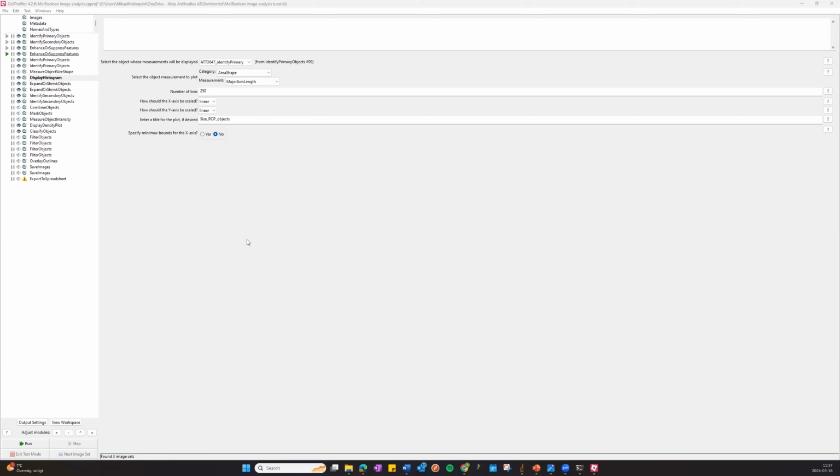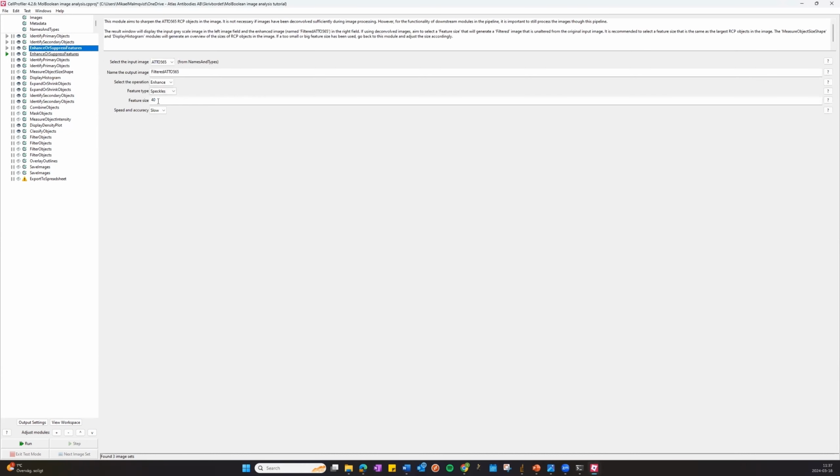Now you can go back to the enhance or suppress features module and change the feature size to maximum, because we now measured in the display histogram the maximum size of the RCPs. So if you had any other maximum size of your objects in your images than the default setting, you can change it here. Actually, the feature size default matches the example images that we have. But if you were to change the size here,